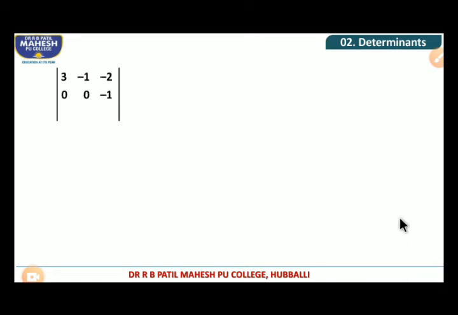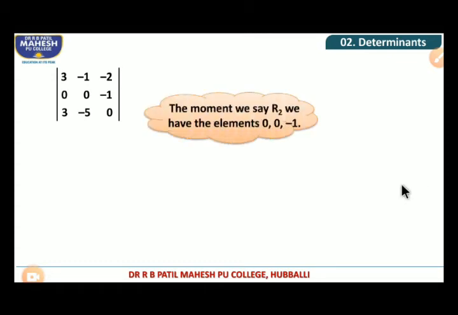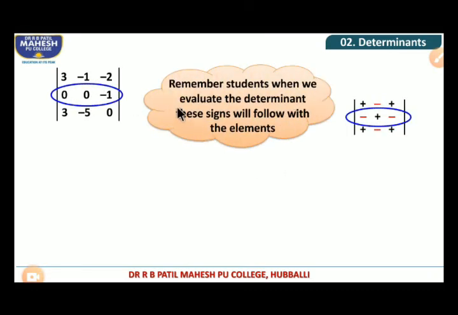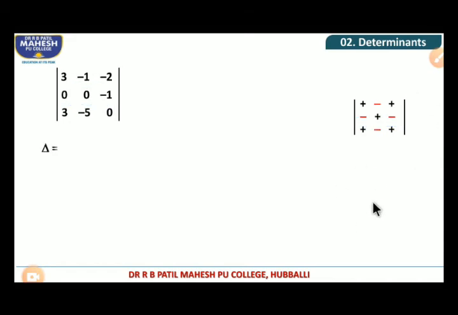So the determinant contains the elements 3, -1, -2, 0, 0, -1, and 3, -5, 0. Already I have told you, here I am going to take R2, so that we have the elements 0, 0, -1. We have to follow these signs carefully. So the value of this determinant, which is given as delta, is equal to, here I am going to expand